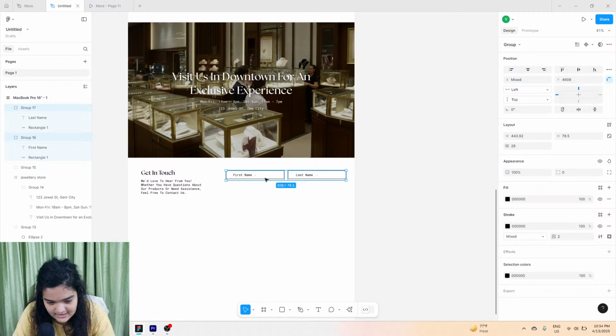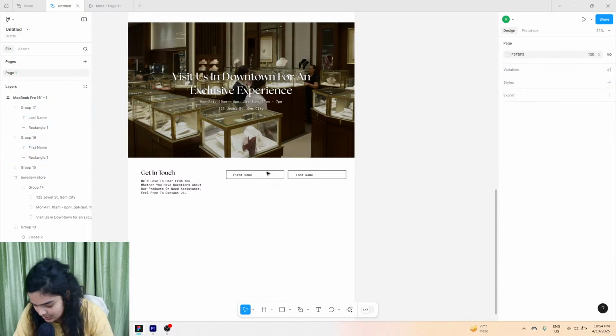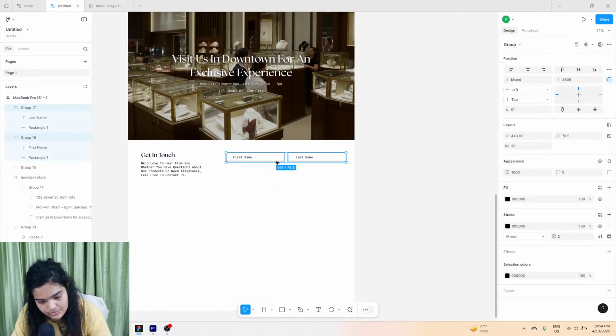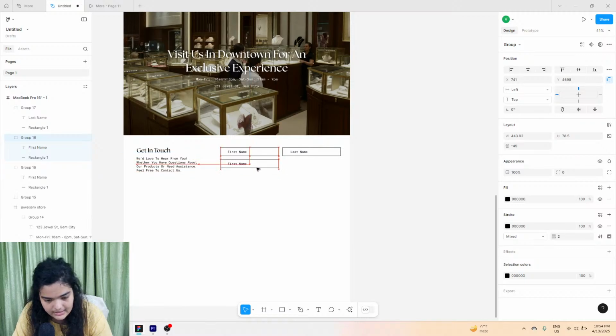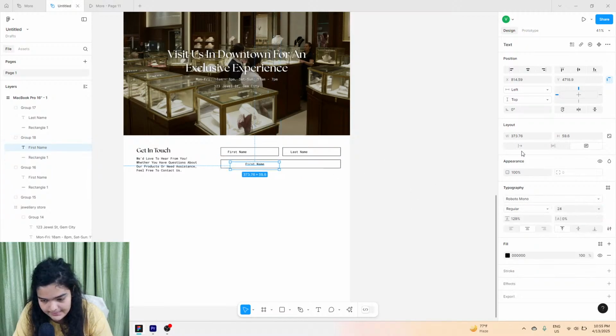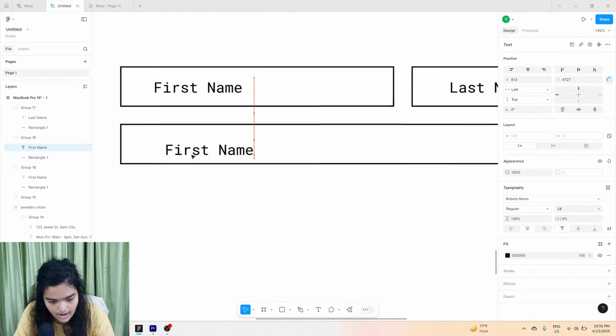Alright, we have this names section over here now. The next thing we're going to do is obviously going to be email and placeholder. Let's just select this group, copy and paste it once again, and then we're going to have this email section take up the entirety of our width. Let's just align it perfectly, make sure it is set to align perfectly with the text at the top, and then we're going to have this text say email